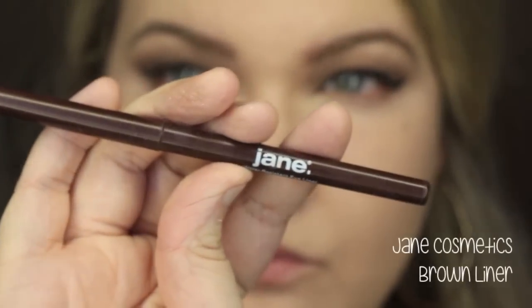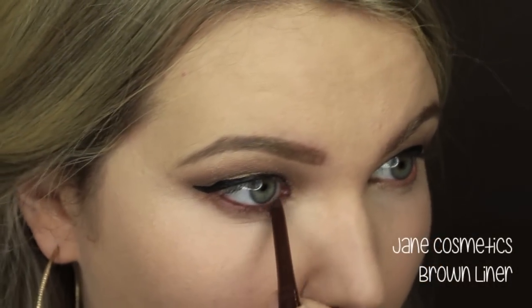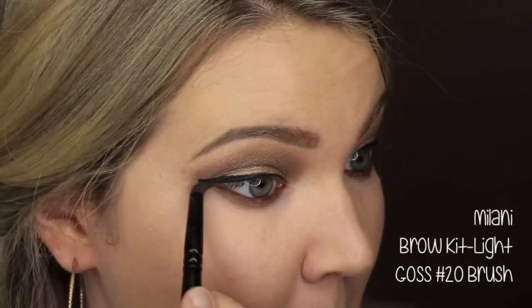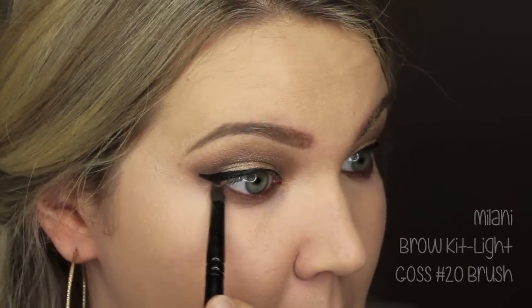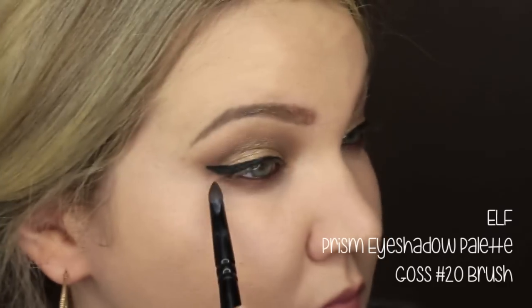eyes, and I'm using this Jane eyeliner in brown. I love this color, and I love using it with golds. I think it really just brings it out. So I'm smoking that out with the Brow Kit Milani color, the middle shade, and then I'm going to deepen it up a little bit with this Prism eyeshadow, the darkest shade. So just put that a little bit on the outer corner of both eyes, and then I got my brush